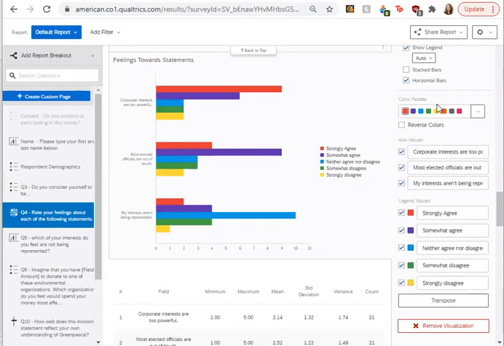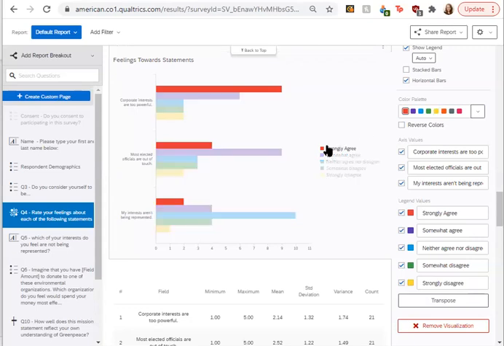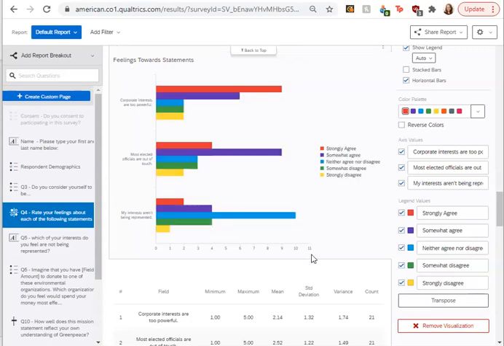So the first thing we're going to cover is how to visualize open-ended or qualitative responses. Open-ended responses can be visualized in a table or with a word cloud of the most frequently used words across responses.